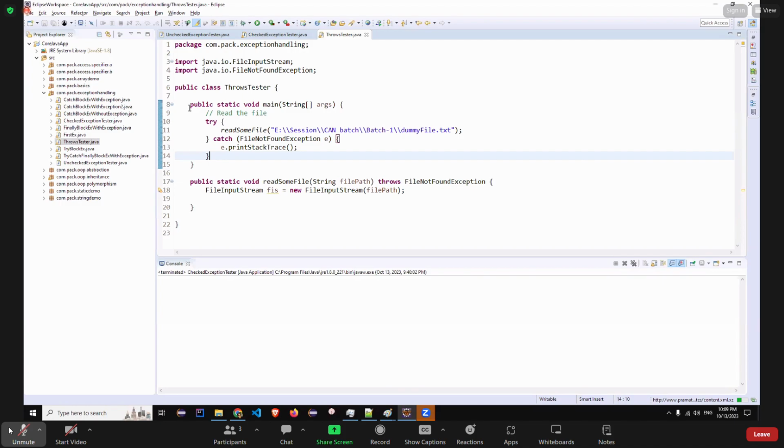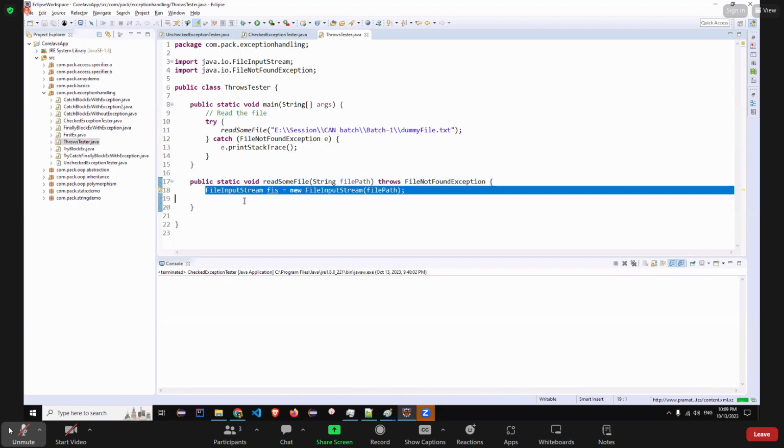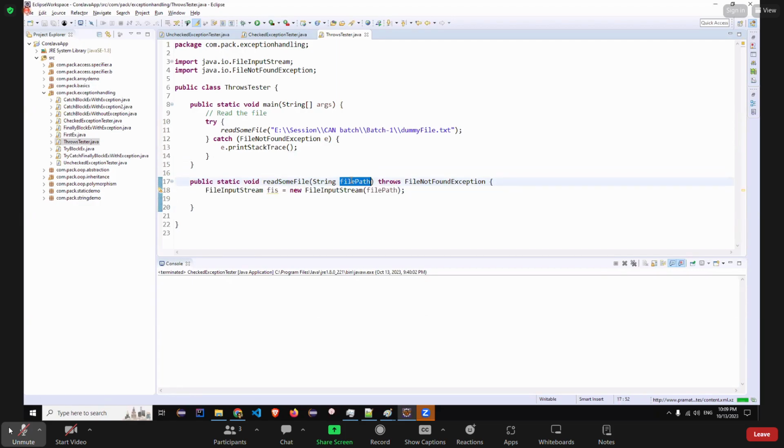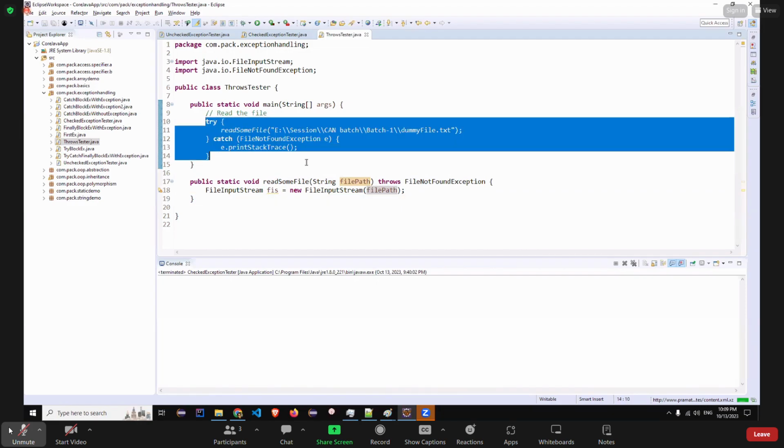कोड लिखने के लिए पूरी जिंदगी पड़ी है, जब तक आप आईटी में हो, आपको कोड ही लिखना है। चाहे आप डेवलपर हो जूनियर लेवल पे या सीनियर लेवल पे या टीएल पे, इवन आप मैनेजर लेवल पहुंच जाओ, मैनेजर भी कई बार कोड लिखते हैं, लिखते नहीं तो कम से कम रीड आउट करते ही हैं। तो कोड आपका पीछा नहीं छोड़ेगा जब तक आप आईटी लाइन में हो। तो कॉन्सेप्ट समझो, कोड तो दिखता रहेगा हमेशा जिंदगी में। कॉन्सेप्ट समझो कि हमने थ्रोस कीवर्ड यूज किया है, ताकि इस मेथड का काम इतना रहे कि फाइल आई, उसका पाथ आया, उसको कन्वर्ट किया, खत्म, रीड कर लिया, खत्म। और चीज इसको फंक्शनलिटी इसको नहीं देनी, और वो काम कॉलर करेगा।